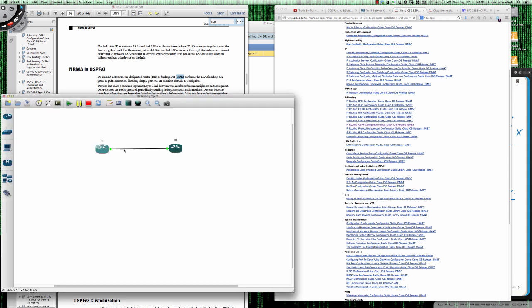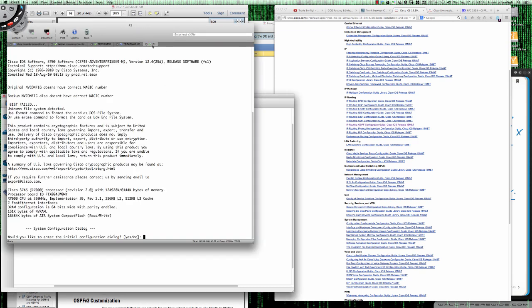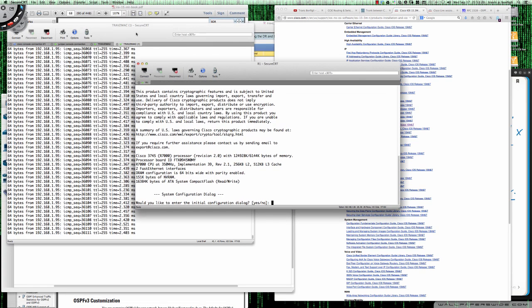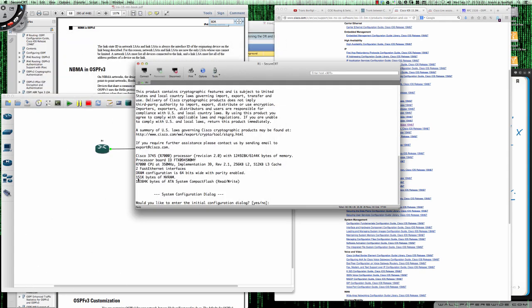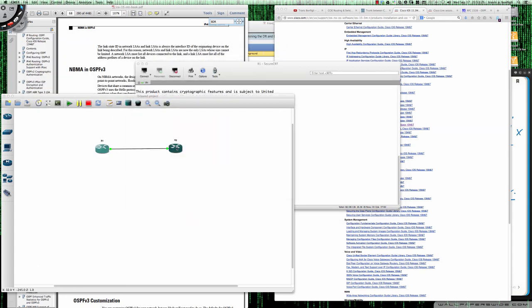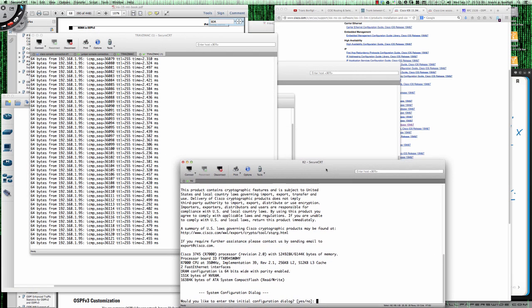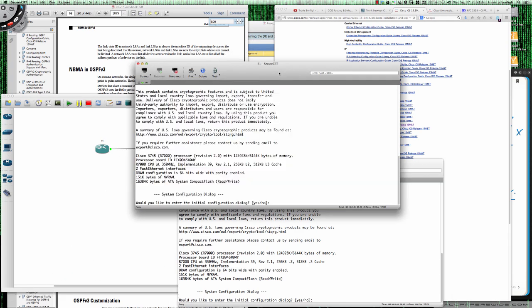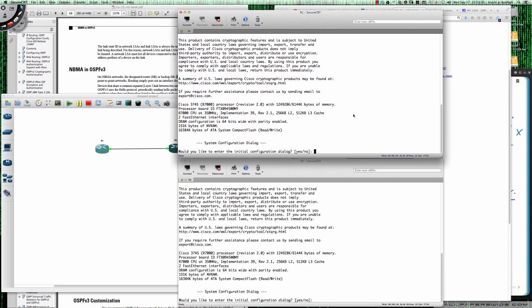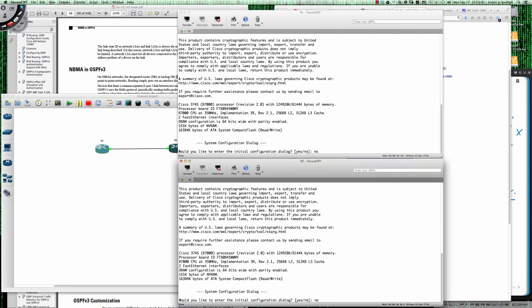And you can look here, this is just GNS3. We've got the fast Ethernet 0/0 interface here. So on router 1, I think this is going to pull up, let's send this to its own window. And we're doing some pings here. And we're going to pull up router 2, which I unfortunately think is going to bring up that whole window again. So we'll send this to its own window. So we've got router 1 and router 2. Right? So we don't want to enter the initial configuration dialog for either one, and we're going to set these guys